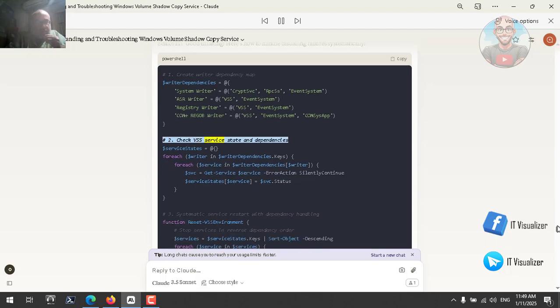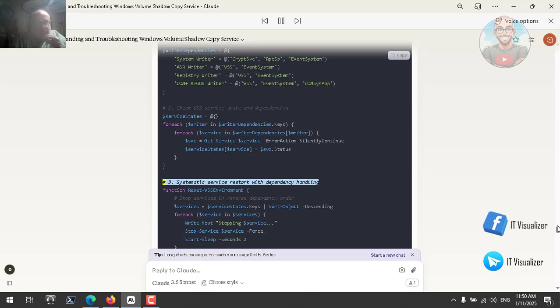Check VSS service state and dependencies: $serviceStates = @{}; foreach ($writer in $writerDependencies.Keys) { foreach ($service in $writerDependencies[$writer]) { $svc = Get-Service $service -ErrorAction SilentlyContinue; $serviceStates[$service] = $svc.Status